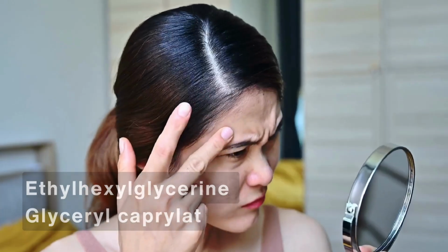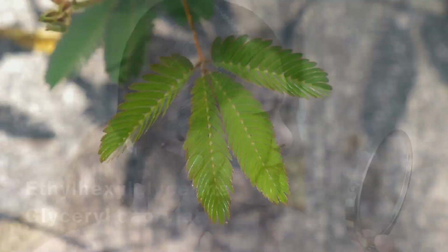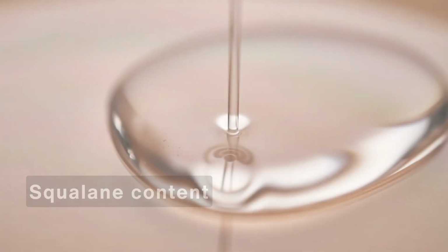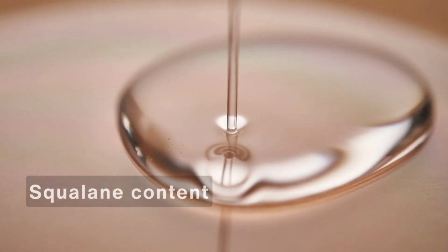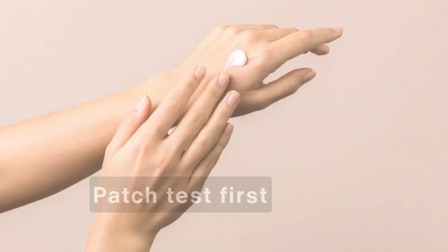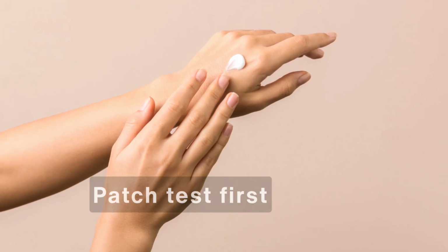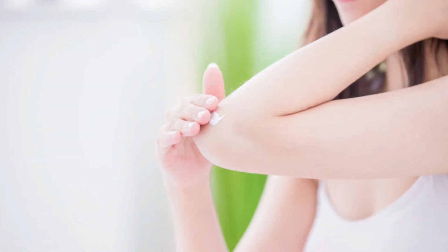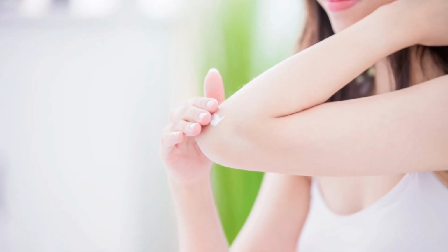The most commonly mentioned culprits were ethylhexylglycerin and glyceryl caprolate, which can cause contact dermatitis in sensitive individuals. There's also the squalane content, which, while beneficial for most people, can trigger breakouts in those prone to fungal acne. This is actually valuable information because it highlights the importance of patch testing, especially if you have sensitive or reactive skin. Several users mentioned they wish they had done a patch test first, which is honestly good advice for any